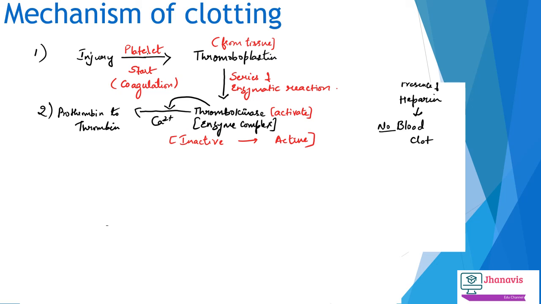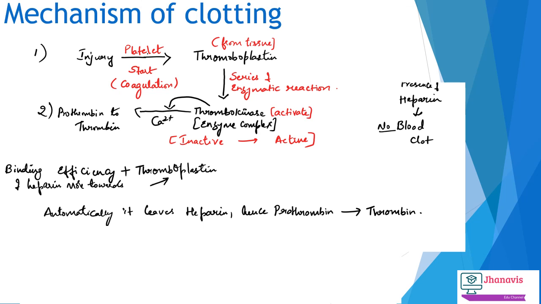But what will happen when there is a secretion of thromboplastin? The heparin will bind more towards the thromboplastin, leaving prothrombin. When it leaves prothrombin, in the presence of calcium and thrombokinase, the prothrombin converts itself into thrombin and